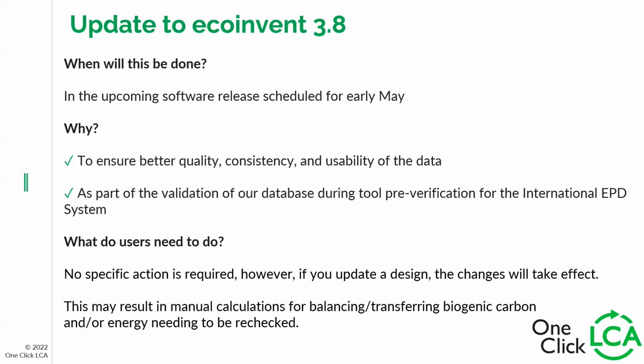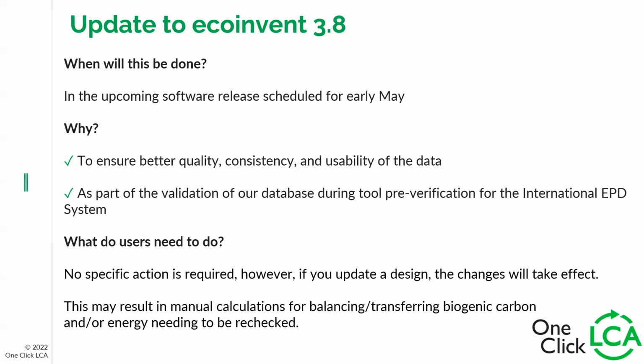And this is important because of balancing and transference of biogenic carbon and energy. So if you've done the calculations manually, where you look at the data card to see how much biogenic carbon there is, how much energy there is, and then you're multiplying that by the quantity of the material that you have in the LCA, this may change because the values will have been updated,